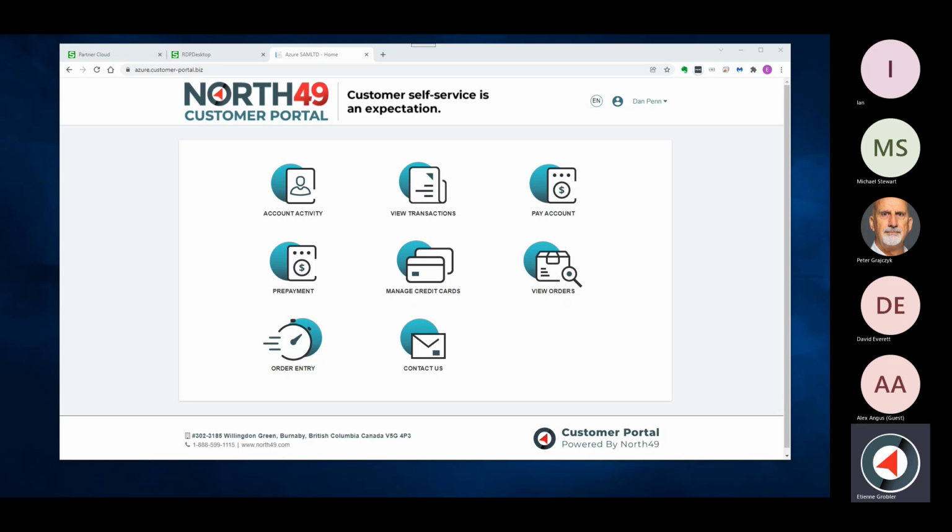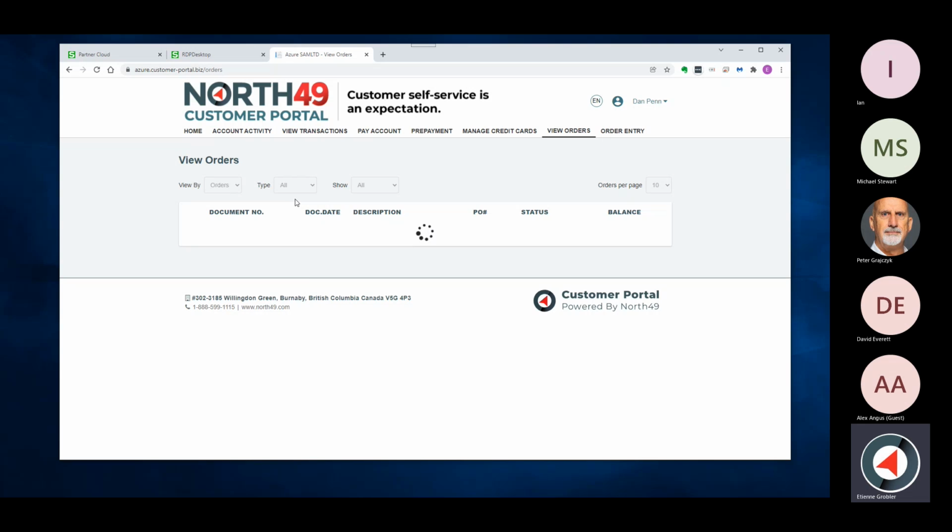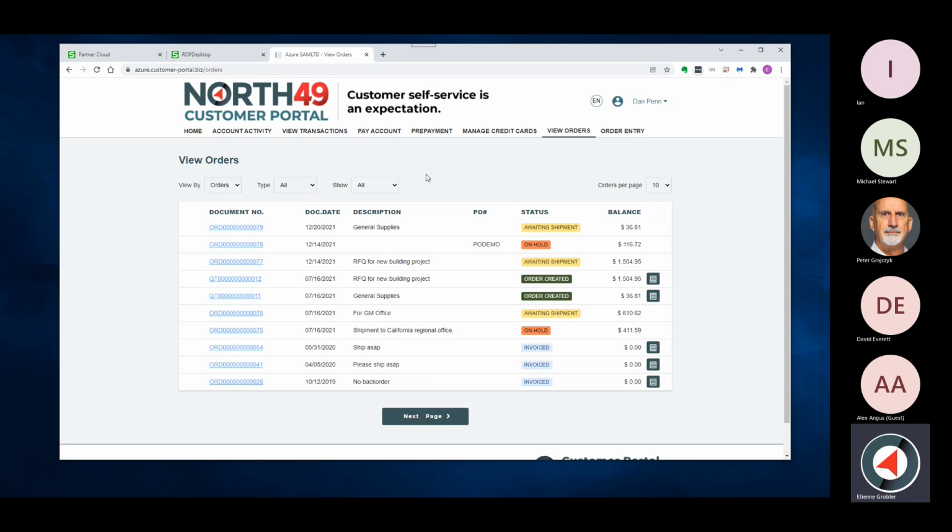Okay. So that's view orders. That's kind of where heavy functionality comes in here. There's a lot more embedded in these pages than what seems evident, and so there's a lot of functionality that can happen even up to this point in the system. And if we now go back and have a look at our quotes,